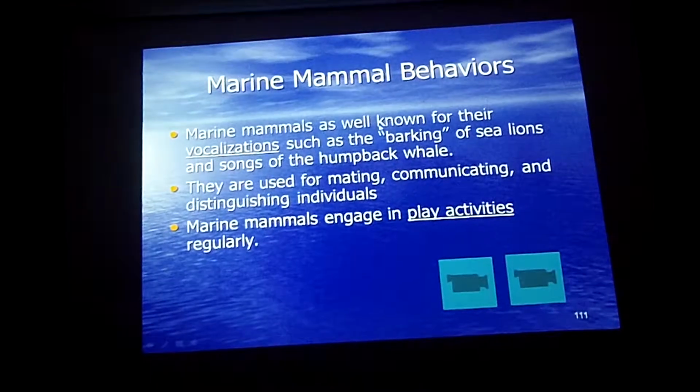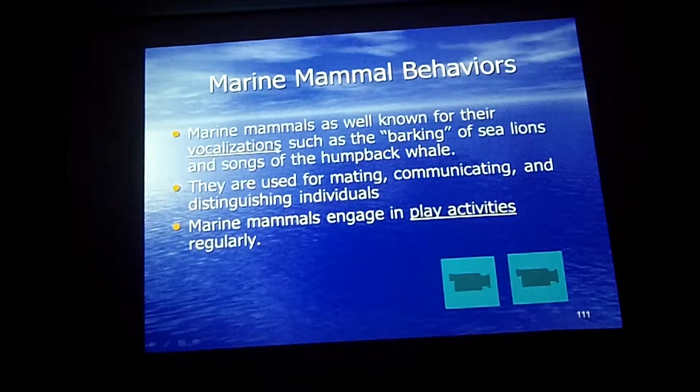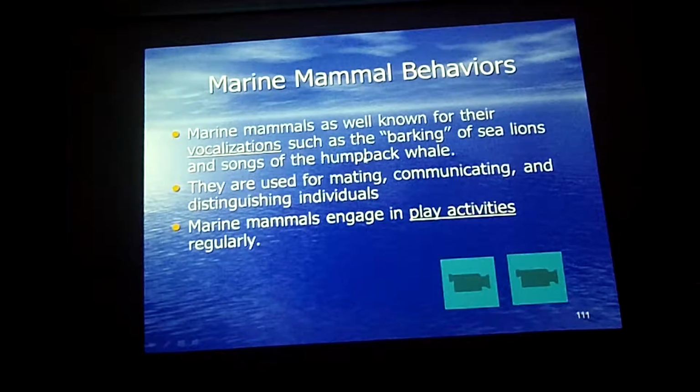Marine mammals are well known for their vocalizations, such as the barking of sea lions and the songs of the humpback whale. You want me to do those for you? The barking of sea lions sounds like harm, harm, harm. Isn't that good? And the sounds of a humpback whale go